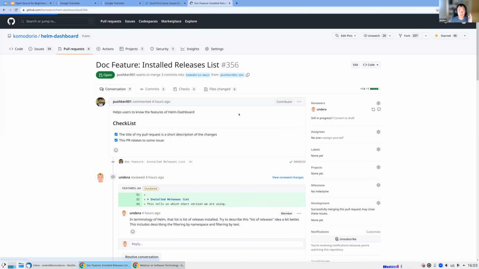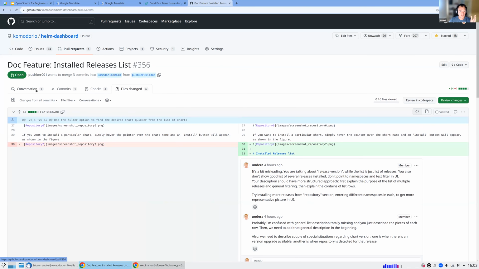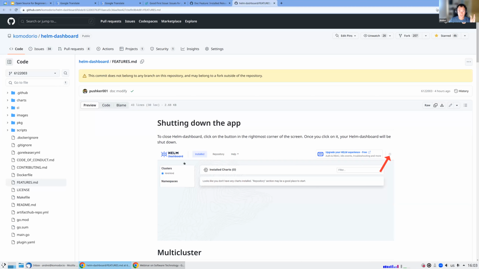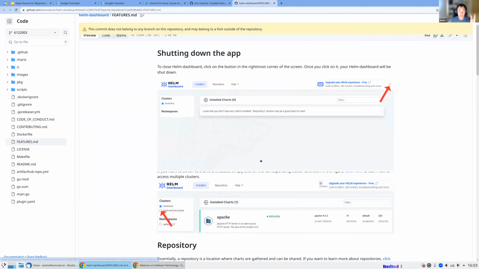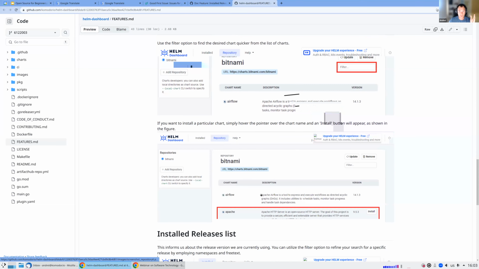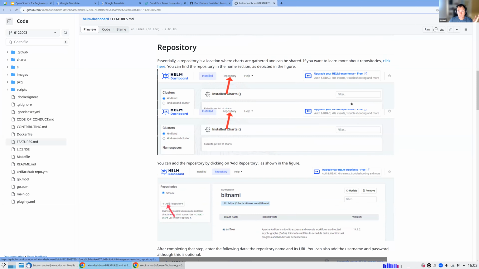He's changing documentation, building something that the project doesn't have. He builds the documentation page of Helm Dashboard, basically. He makes screenshots, explains in text something about the project, and it goes and it goes. So this is what he works on.